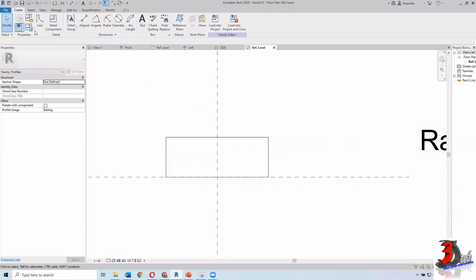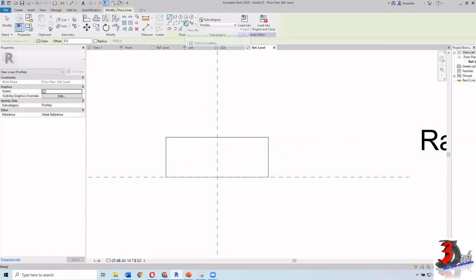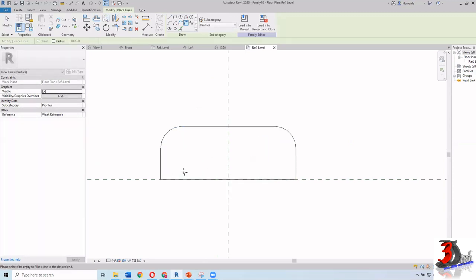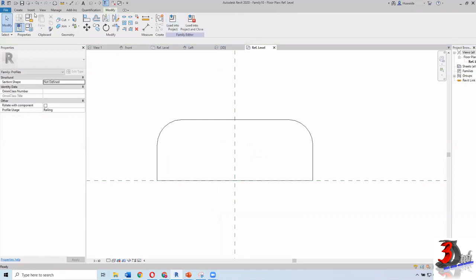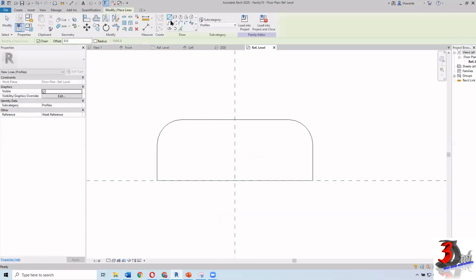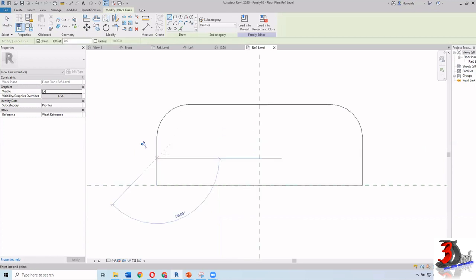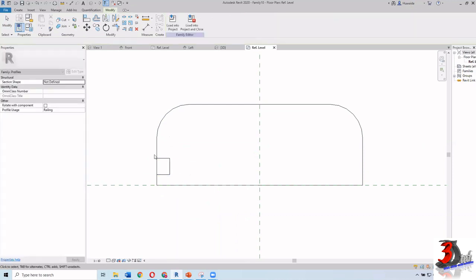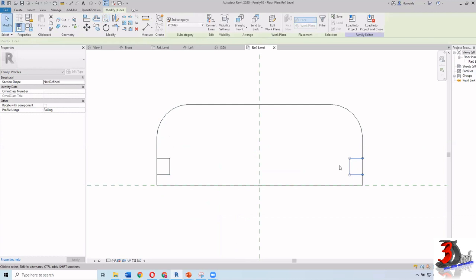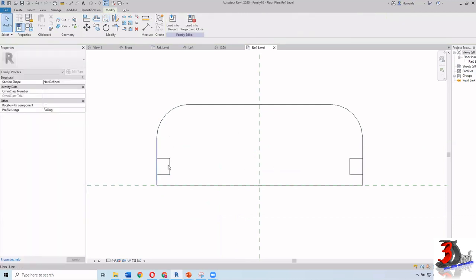Alright, I'm going to create line again, and then you just use this fillet arc, and I will make it maybe 25. This one 25. Okay, we have something like this. If you want to add more detail on your profile, you can do that. Like this, for example, you have a little bit of detail something here, and I will just copy. Copy this one, mirror to the other side, and then I'm just going to